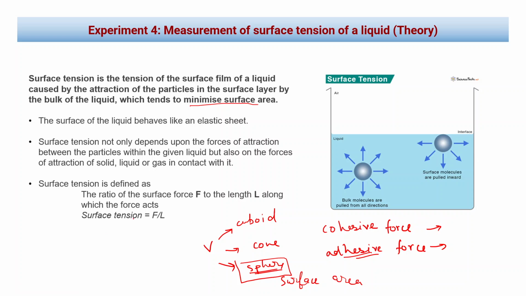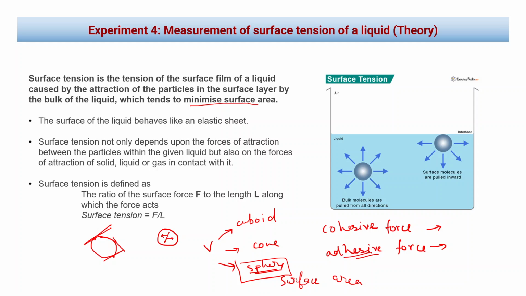So it's given by force per unit length. Like if we imagine a drop of water, this force actually acts tangentially. At every point the force is there, but it's acting tangentially. So surface tension acts tangent to the surface. If I draw it again, the same tangent I am seeing from the front, so at every point